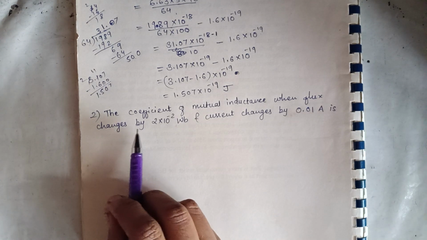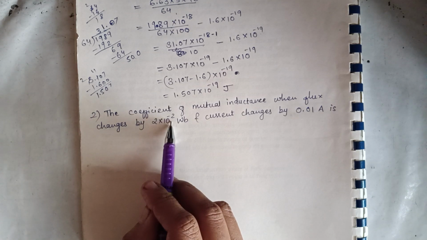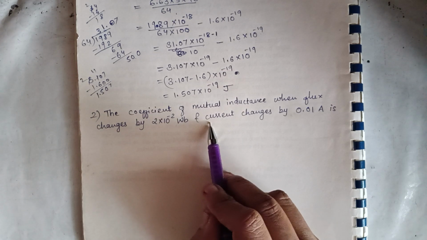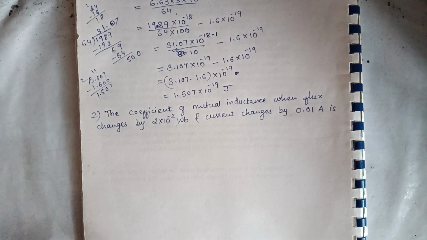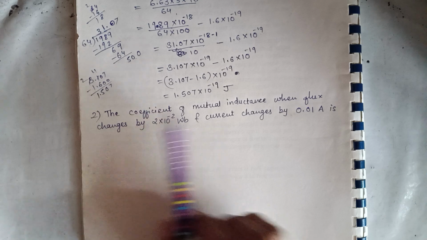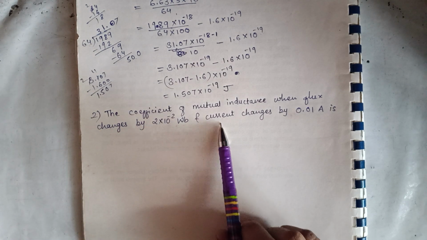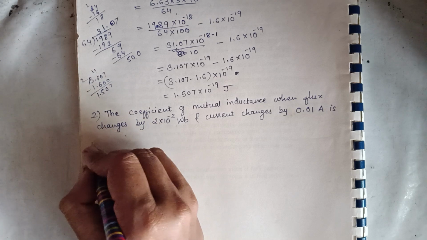Next question. The coefficient of mutual inductance when flux changes by 2 into 10 raised to minus 2 Weber and current changes by 0.01 ampere is... The coefficient of mutual inductance we have to find. Now here the change in flux is given and the change in current is given, so you can use the formula